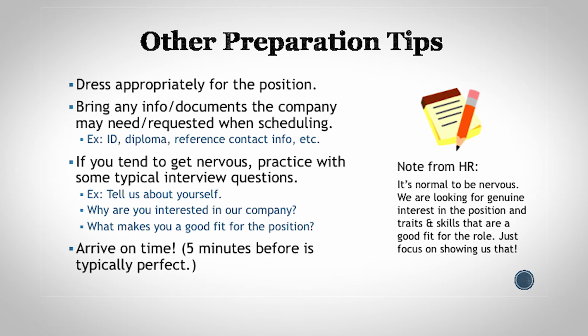If you tend to get nervous, practice a little bit with somebody if you can. Look up general interview questions and think through your responses to some of those. Some examples, other than straightforward answers, might be: tell me a little bit about yourself, or why are you interested in this company? Those kinds of things. So you might want to think of genuine, good answers for those before you go into